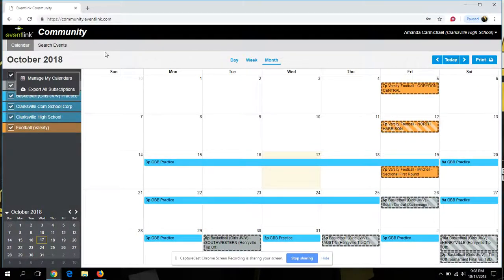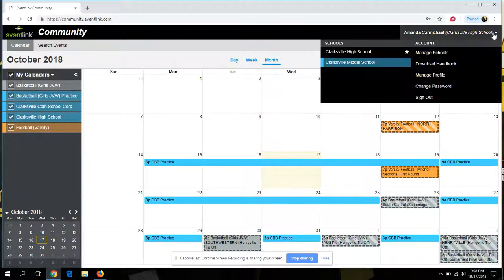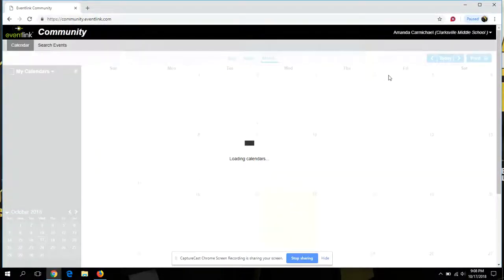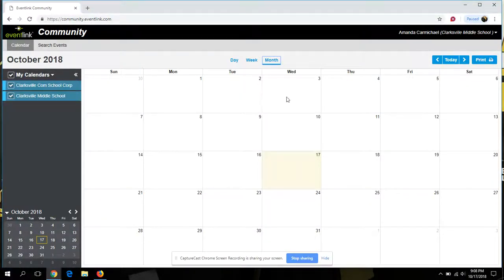So let's say that I want to have Clarksville High School and Clarksville Middle School calendars both under my Eventlink account. Currently, I'm under Clarksville High School, so to switch to Clarksville Middle School, I will need to go up to the menu in the upper right-hand corner where it says my name, and I will need to switch to Clarksville Middle School,